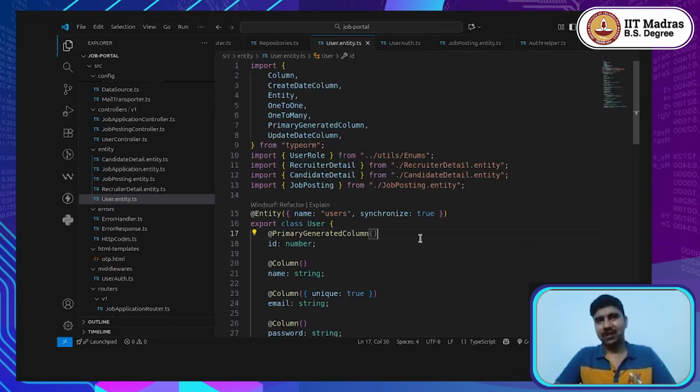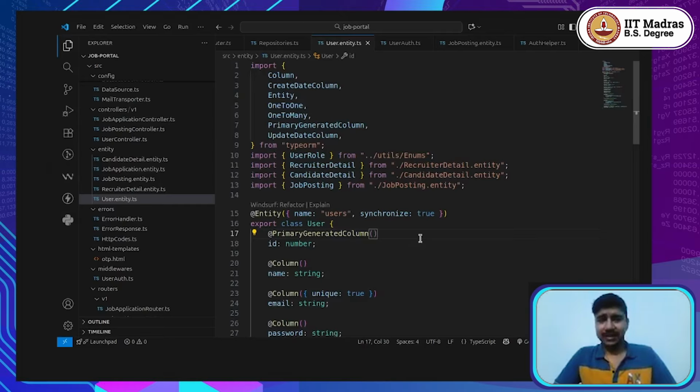The very basic functionality that we can look for with respect to the job posting router is going to be two endpoint implementations. One is that a recruiter should be able to create a new job posting as and when the recruiter needs, and the recruiter should be able to get a view of what all job postings have been created by the user in the past, right? And probably would want to know